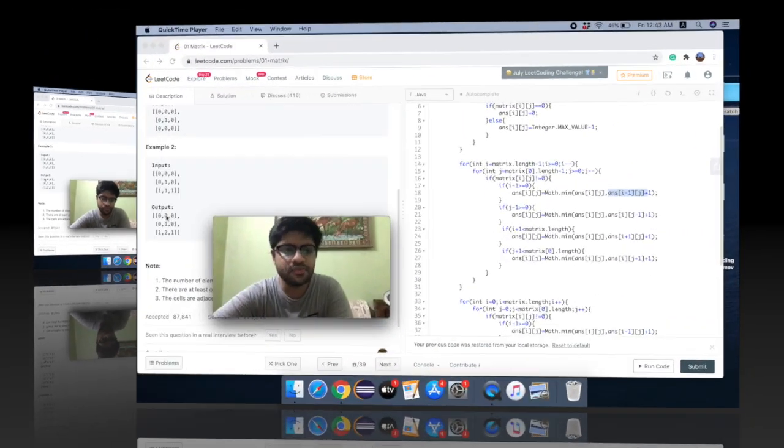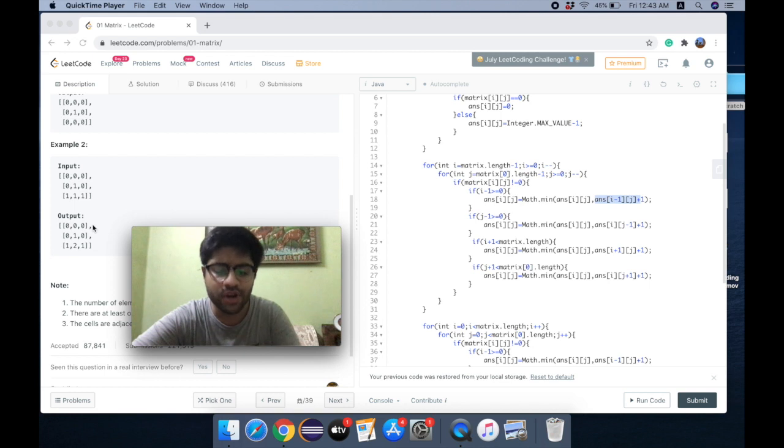So to solve this problem, what I did is I went from the top and also from the bottom. First I did the same thing from the top: if I have 1, I see if its neighbors are 0, then I try to compute it, and if it's not 0, then I see if the neighbors have a value in it or not, so if the result is computed or not. If the result is computed, then I'll be able to take the result. So I'm checking that.